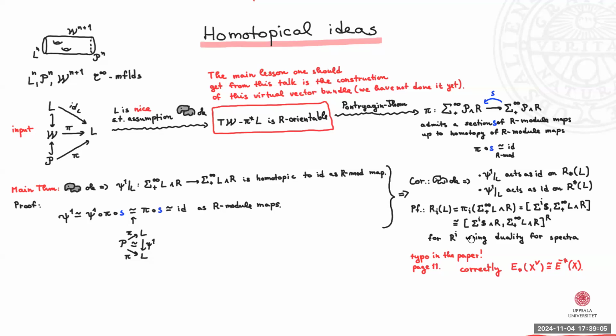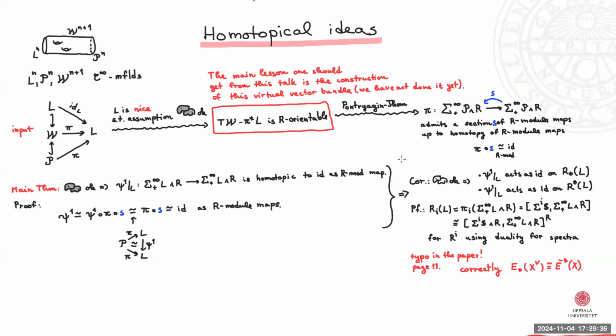Okay. I might take you back, so feel free to say that. I don't understand what is the map pi here, from suspension spectrum of P tensor R to suspension spectrum of P tensor R. Not the map pi I, upstairs. The map that you claim to admit a section. Ah, yeah, this one. What is the pi? Where does it come from?